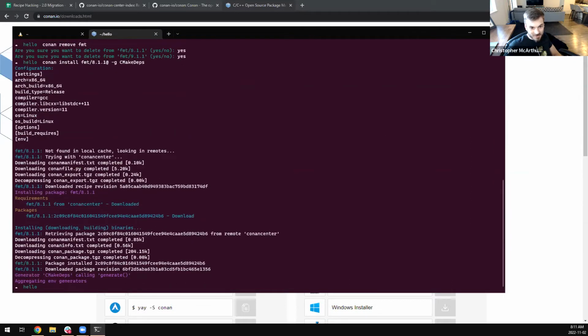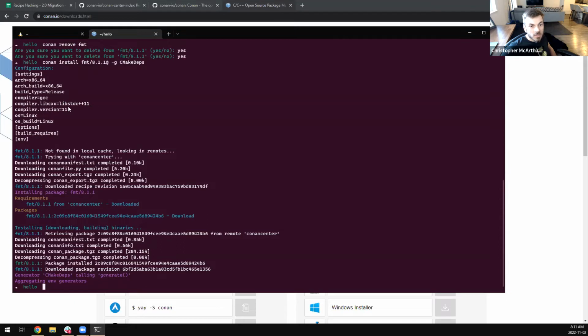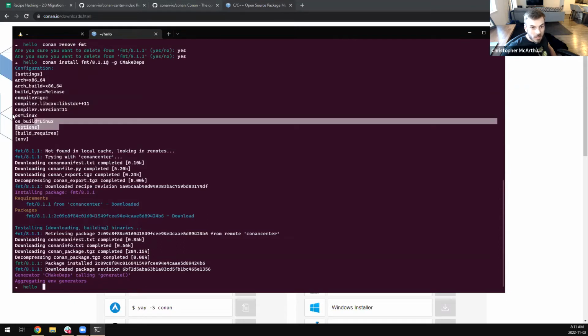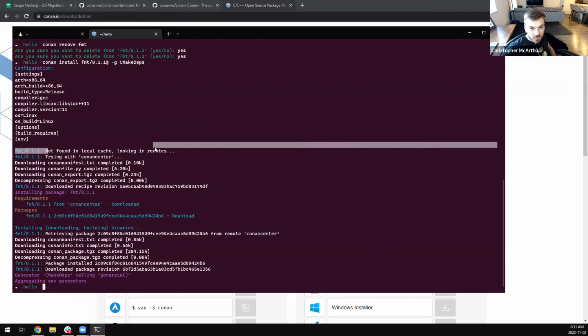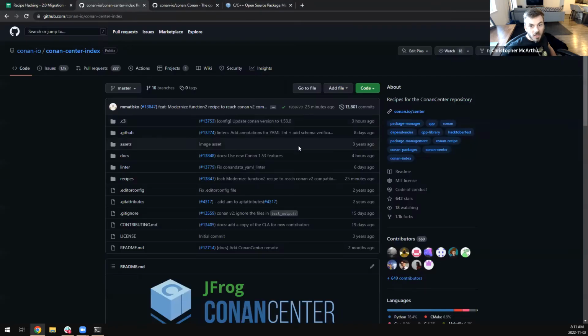There we go. Now it did some downloading. So what this does is it finds my local settings. You can see here I'm running GCC version 11. I'm on Linux. It wasn't found in my cache, so it's looking in ConanCenter, which is